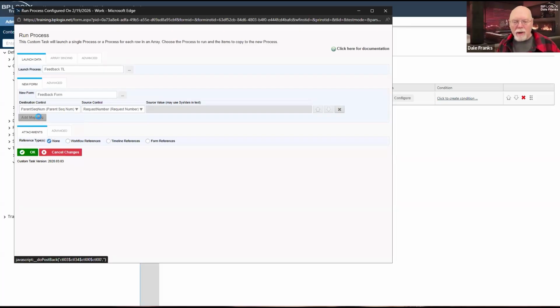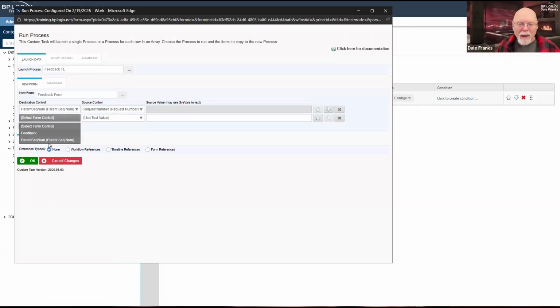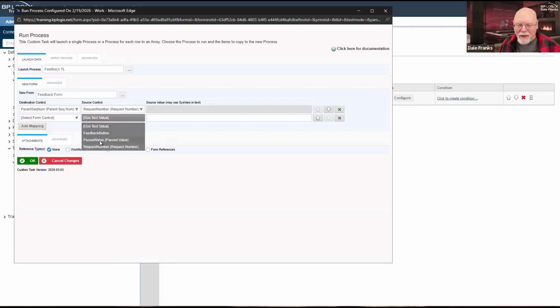Now, also note that I do have that, oh, I didn't put it on the destination control. On the source control, I have that passed value and I created it, but on the feedback form, I didn't create the value that I want passed between the forms. I don't guess it's important. We're already passing a sequence number value. So the principle is the same.